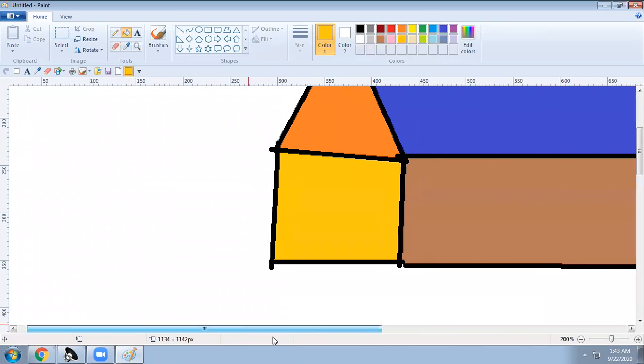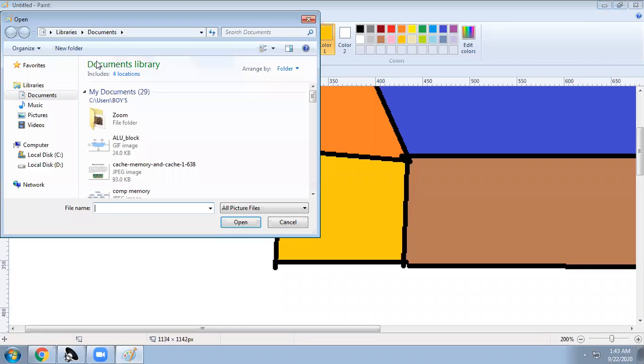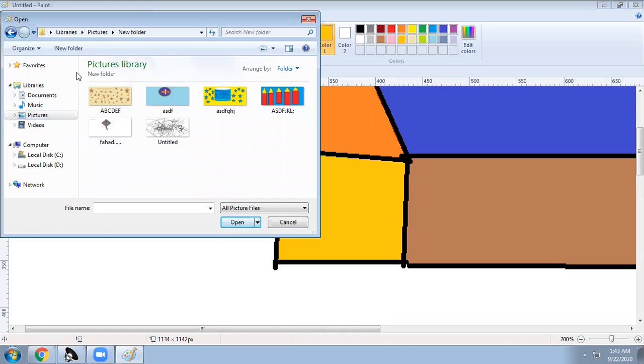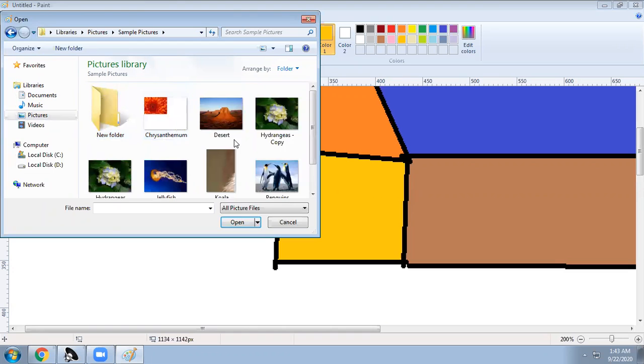Basically, I want a picture now. I can paste a picture from here or from here. It will show us controllers now from the documents. I can take some picture as well. I will go into pictures, new folder. No, I don't want from here. I want from sample pictures.